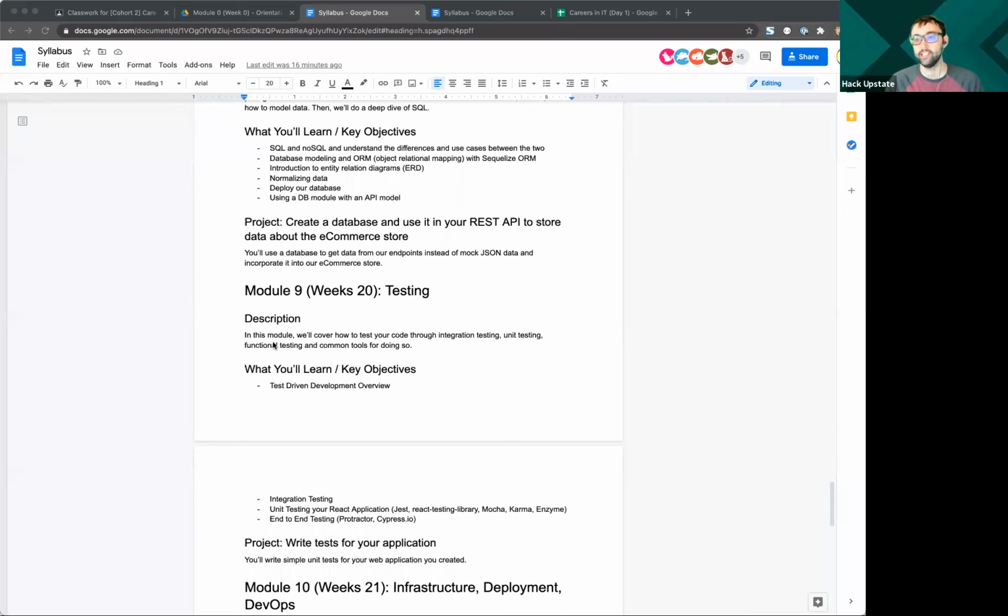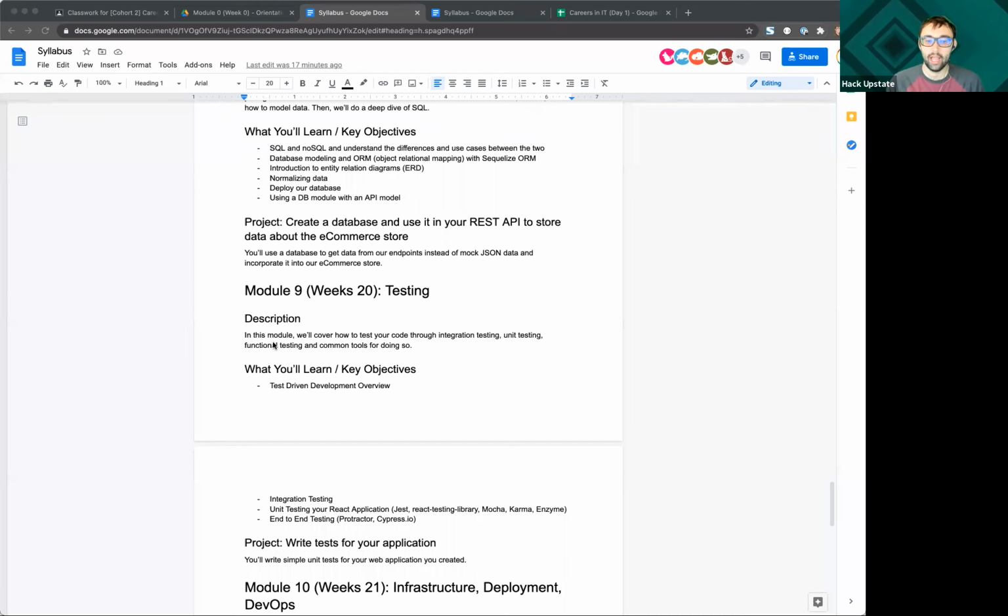You're going to learn about test-driven development, which is often abbreviated as TDD. Test-driven development is writing a test before you write any of your code. And then you go write the code until your tests pass, and then you move on to the next feature and write out the test for that.